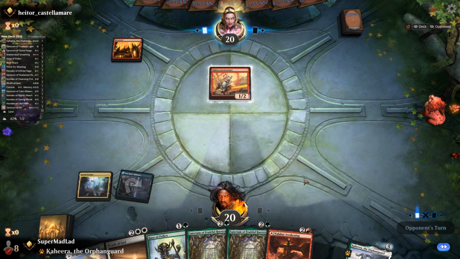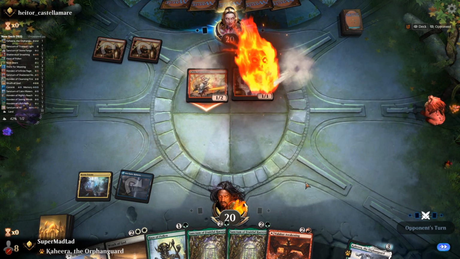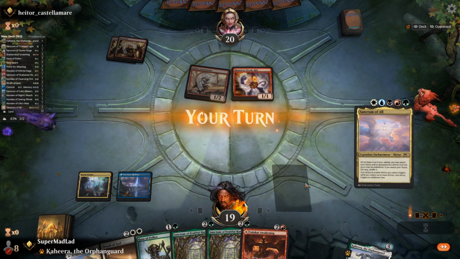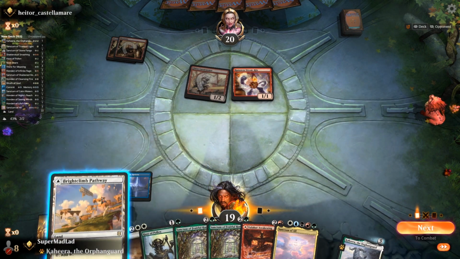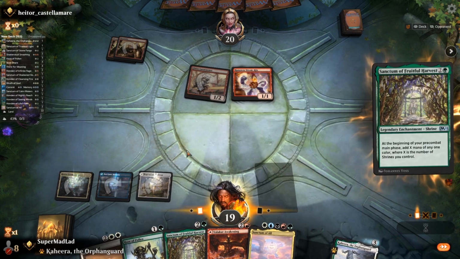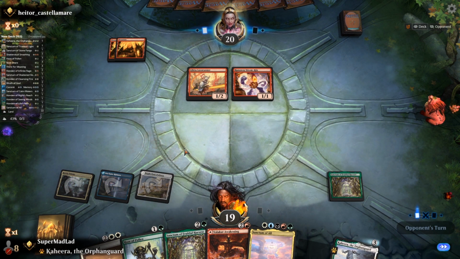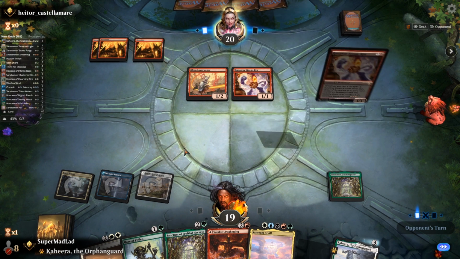Followed by a form of life gain as well. We've played this matchup, we know how it goes. This Sanctum. Okay, so this will be for white mana. Into the Sanctum of Fruitful Harvest, which, if the board state does not please me, allows me to make the white mana we need for the Wrath of God. Otherwise, I might be able to safely drop a Sanctum of All next turn and take a little bit of a beating for the future